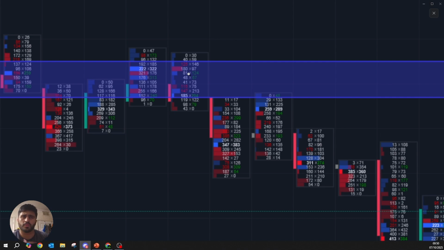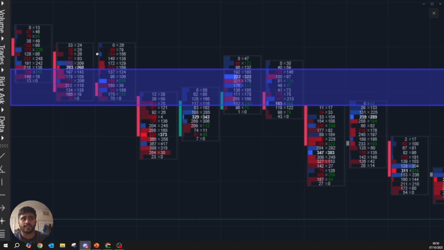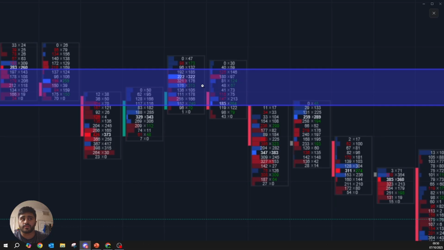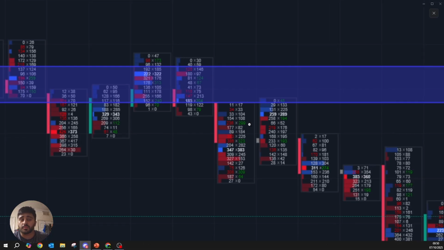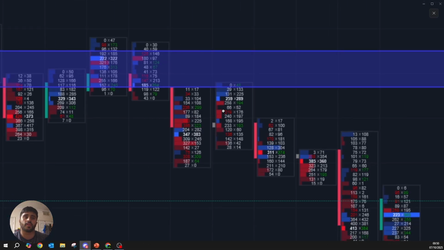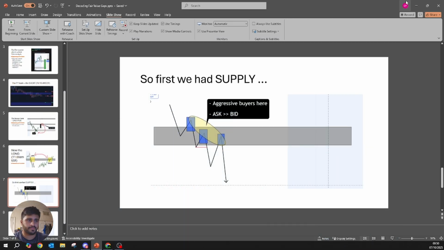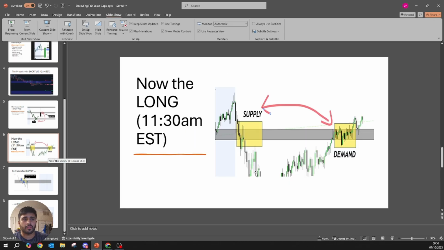Lots of ways to say it, but a very simple way to understand this is that sellers enter the zone, aggressive buyers fail, passive sell limit orders are present, price drives down. This is a supply zone. Simple to understand. Now, when it comes to a demand zone, price comes back into the area and we see